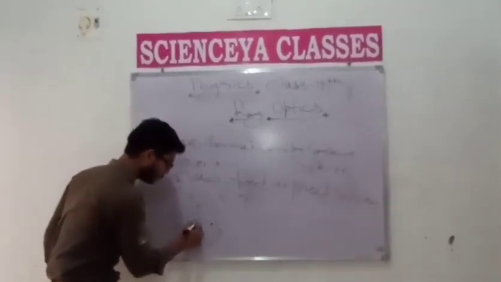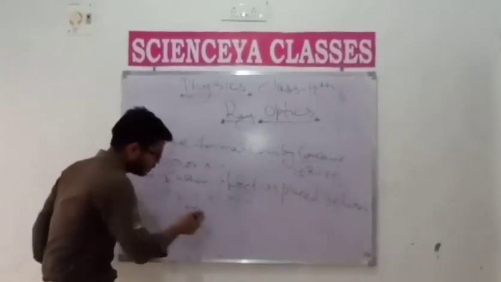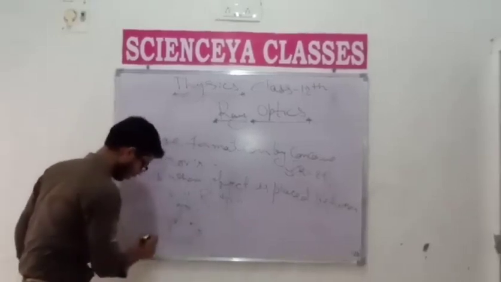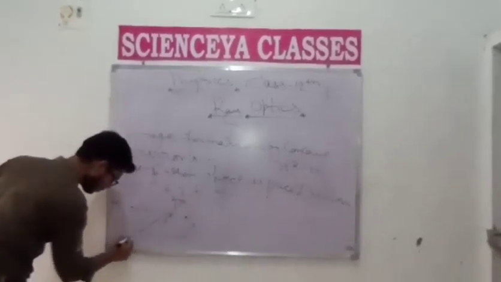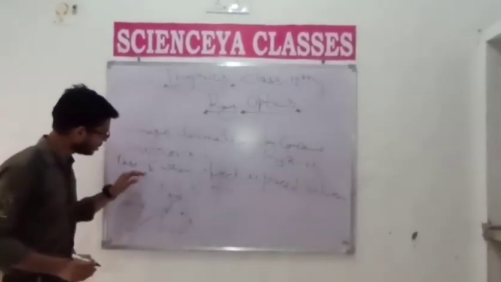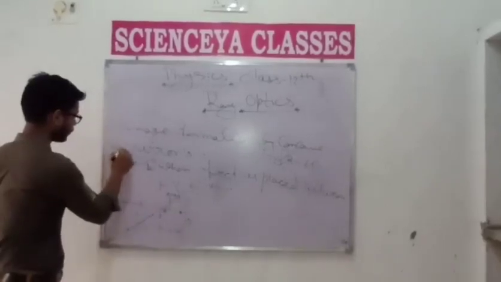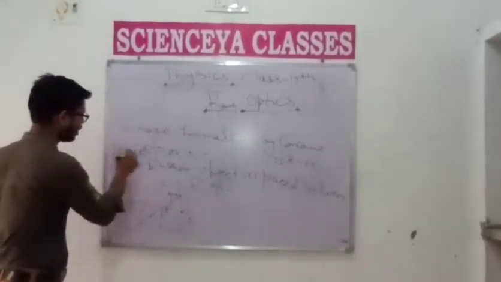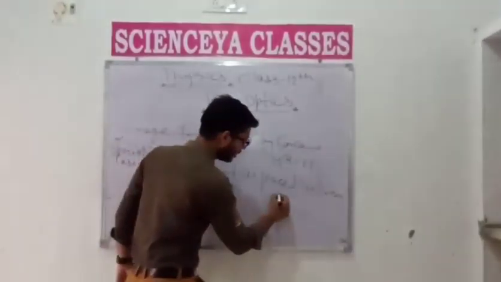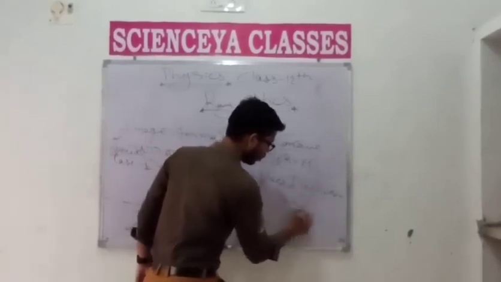So student, the rays that are parallel to the principal axis pass through the focus after reflection. Okay student, after reflection they pass through the focus, and this is a special case. This is a special case, denoted by a star, because student, here the image is not real, it is virtual or imaginary,